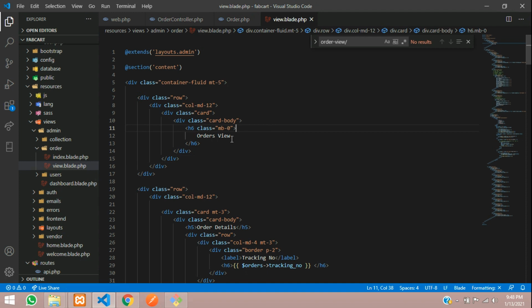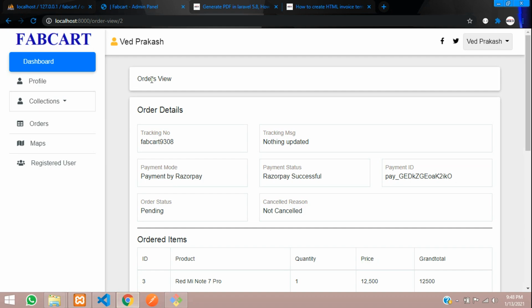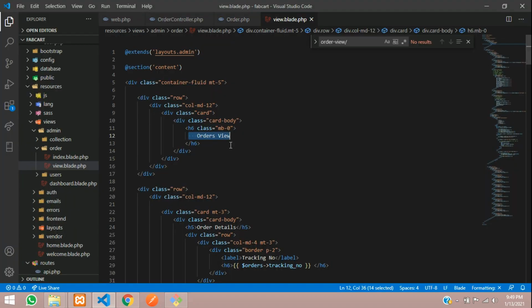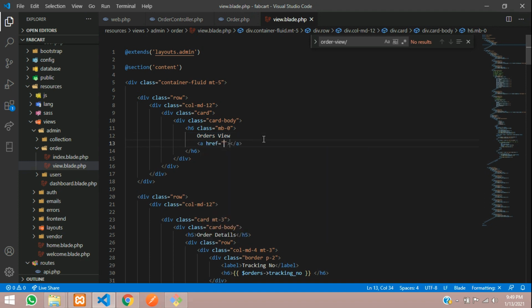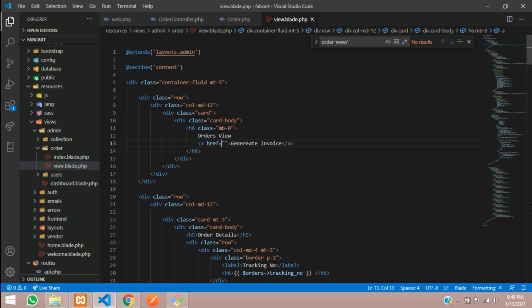So guys, let's get started. As you can see, this is our order view page right now. Now guys, I want to create one a tag where I will say generate invoice, and over here you have to call a URL. So let's set the URL and we will write generate invoice.